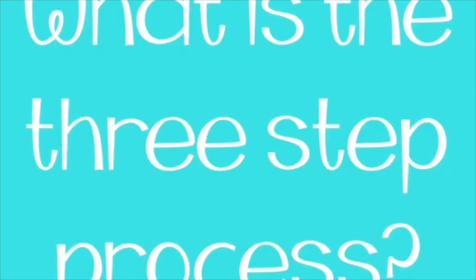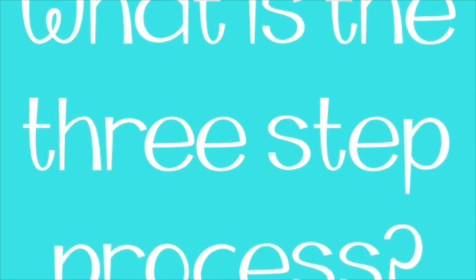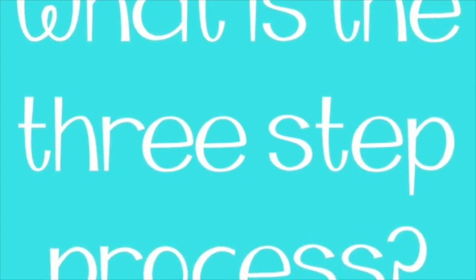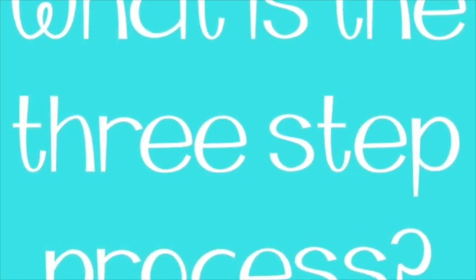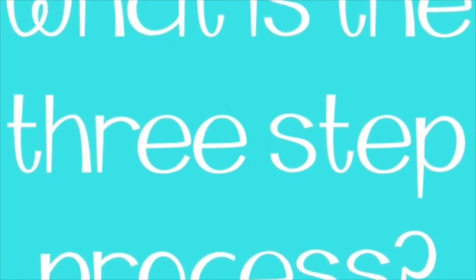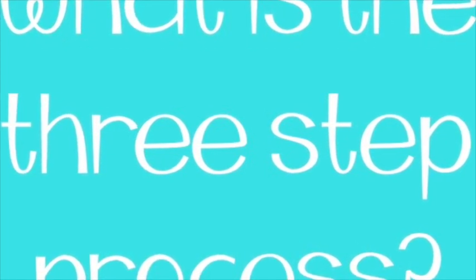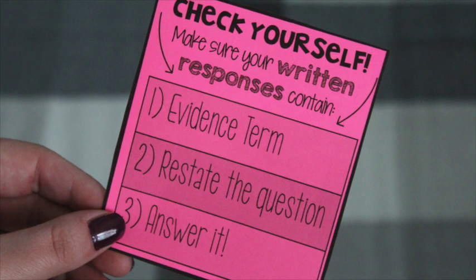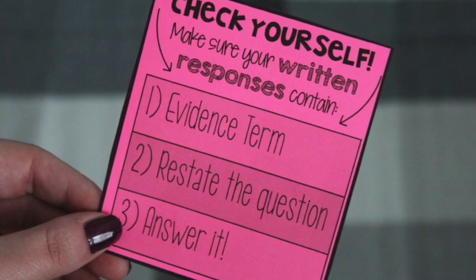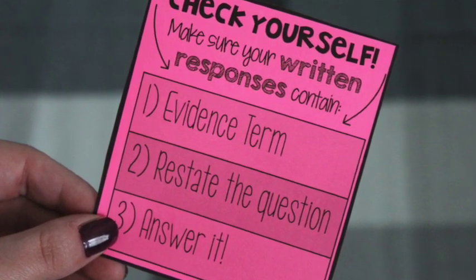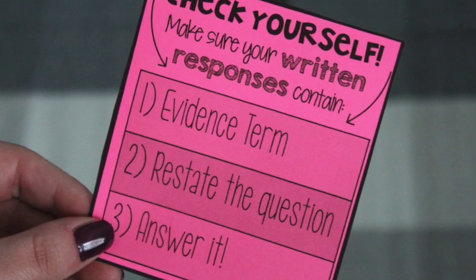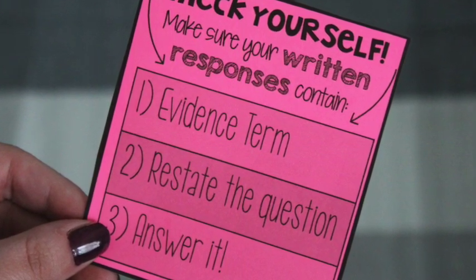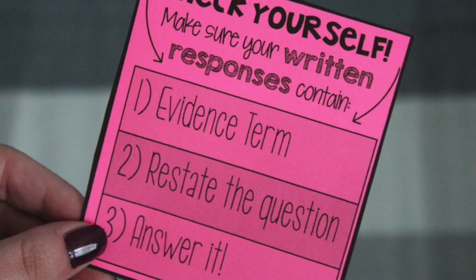Okay, now that we have all of that background info out of the way, let's actually get into writing a response. So the process that I use is 3 steps. It is not based on any writing book or anything like that. It's just what I found has worked best in my classroom. So when the kids begin to write a response to a question, they must include these 3 things. They must first start off with an evidence term, then they must restate the question, and then they must answer